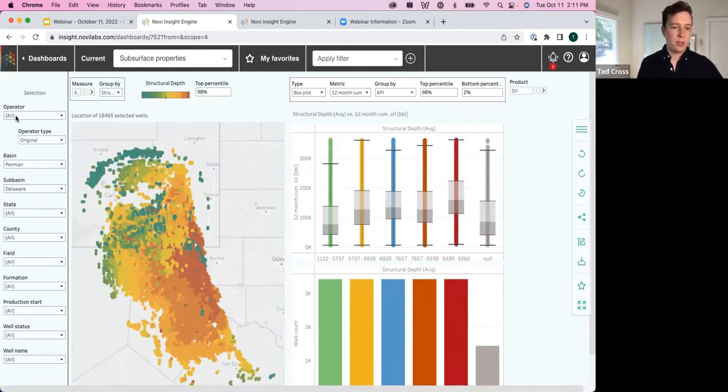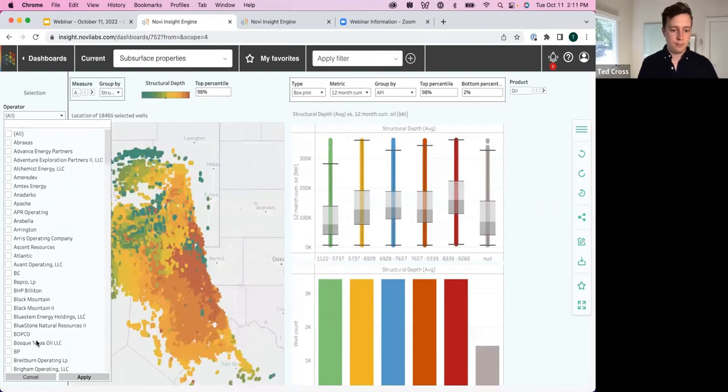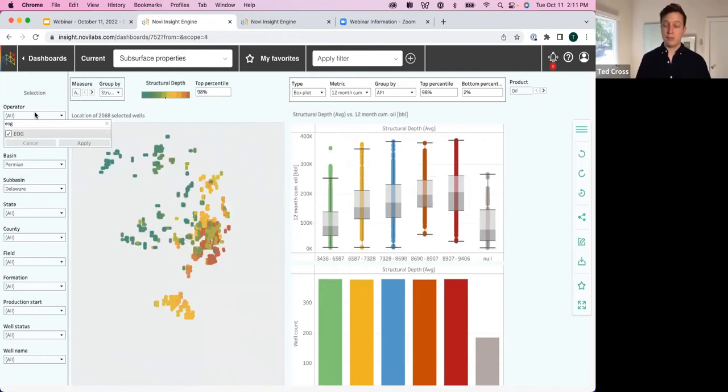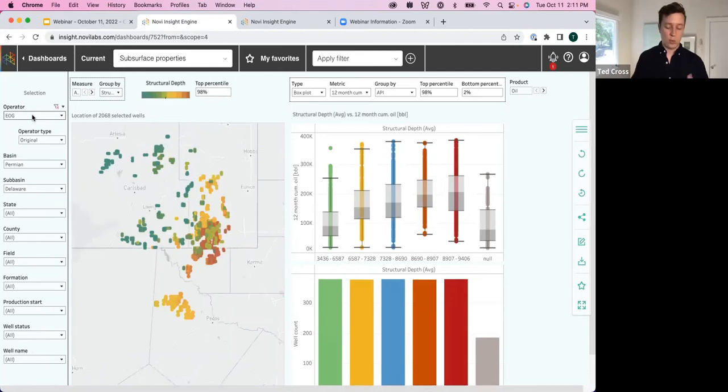So once again, I'm going to filter down to EOG for this one. So now I'm just going to be looking at the EOG wells. And all these rock properties that we're extracting are for the zone that this particular well was landed in. So we use the directional survey in combination with our subsurface depth grids to figure out where the well was landed. We will also report things like what percentage was it in that zone, how far away was it from the top of the zone, from the bottom of the zone. So that can be useful information for you as well.